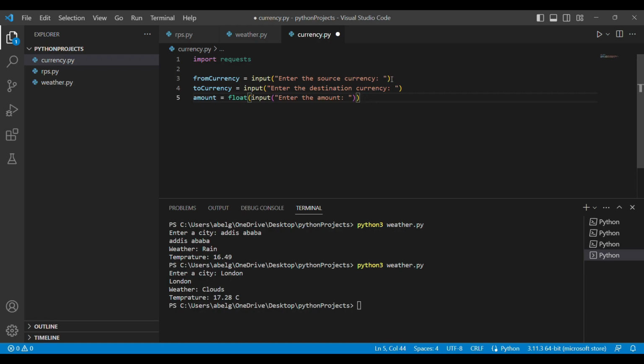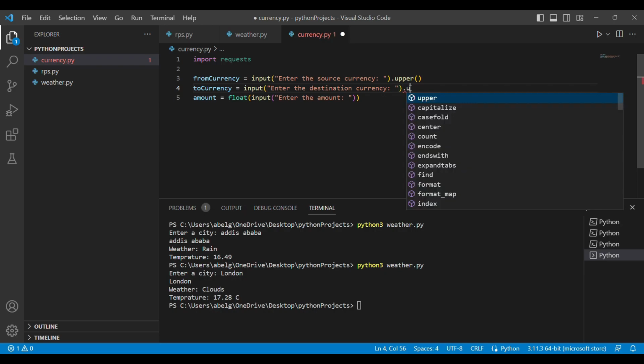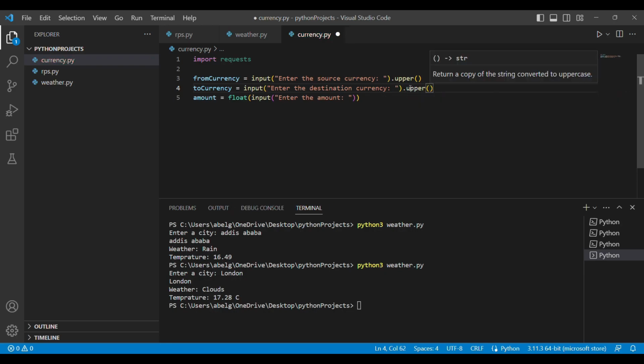And the last thing we need to add before we get to the request is that in our API, the from currency and the to currency, so when it's like USD, AUD, they're usually going to all be in capital letters because they're just 3-letter words. So to make our input appropriate, we can convert the input directly to uppercase using the .upper function. So by adding the .upper function to our input, it's going to automatically convert whatever the user puts in to uppercase letters. So we're going to .upper both of our currency variables, and now we're ready to request for the data that we want.